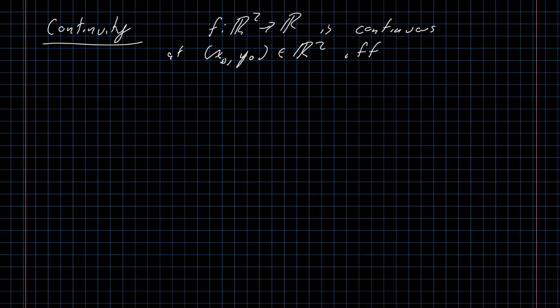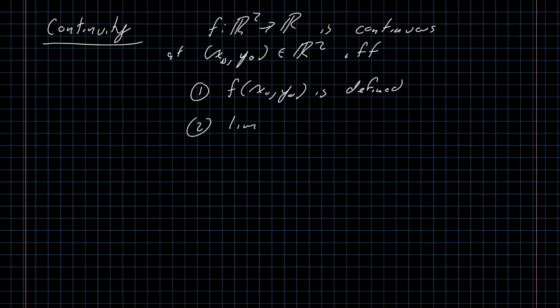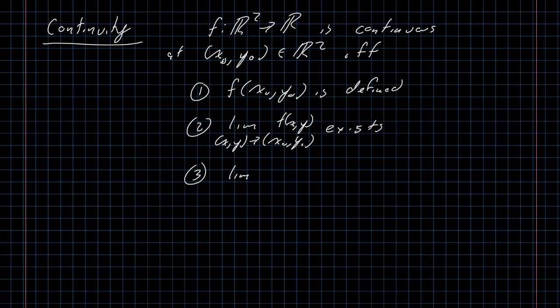We say that our function f, which maps from R2 to R, is continuous at the point x naught, y naught, if and only if f of x naught, y naught is defined, the limit as x y approaches x naught, y naught of f of x and y exists, and the limit as x y approaches x naught, y naught of f of x and y is actually equal to f of x